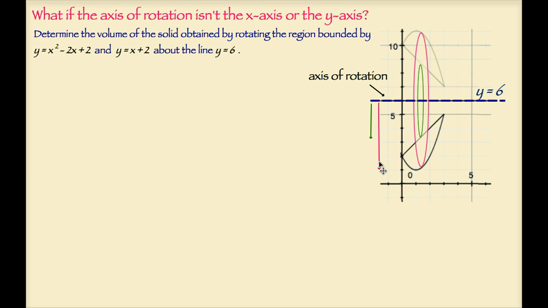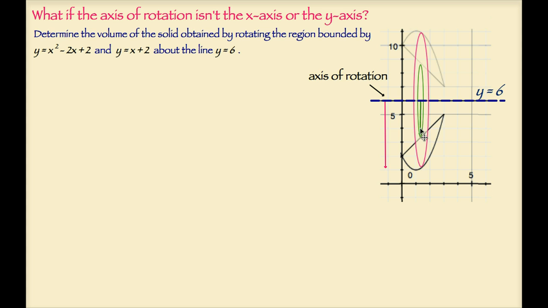To determine the outer radius, we'll need to know the distance from the axis of rotation to the outer curve, but everything is measured from the x-axis. So in order to quantify this distance, we'll have to say 6 minus the distance to the curve. 6 minus this distance will be the radius we're looking for. In order to quantify the inner radius,